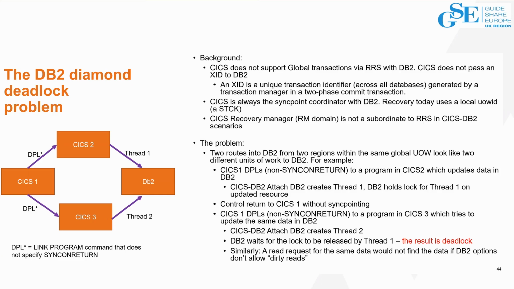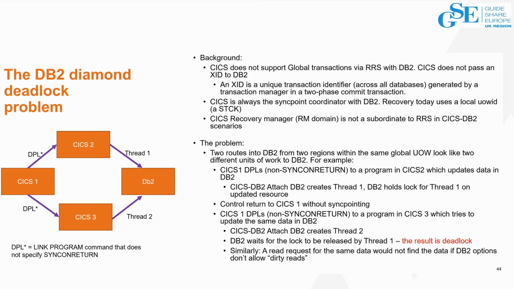So the problem occurs when you're DPLing between CICS regions, and DPLing without sync on return. So we've got a long-running unit of work. For example, if you have an application running in CICS 1 that DPLs non-sync on return to CICS 2, and that program in CICS 2 accesses DB2,